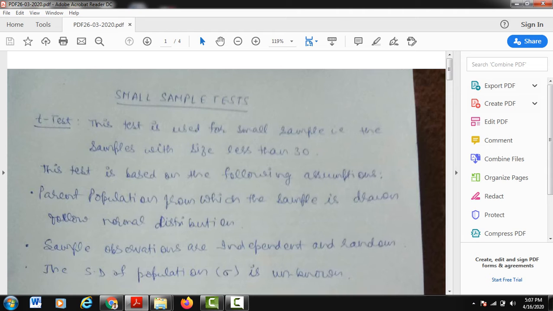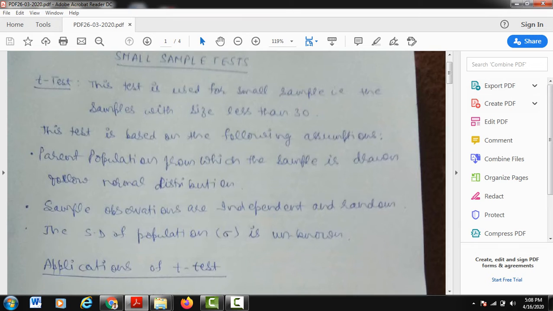The T test is a small sample test, that is, it is only applicable if the size of the sample is less than 30. Secondly, if I want to test the significance of a single mean or the difference of means of two samples or two populations, then we use the T test. If I want to check whether a particular sample has been taken from a population possessing a particular mean, then I use the T test. So let us start with this test.